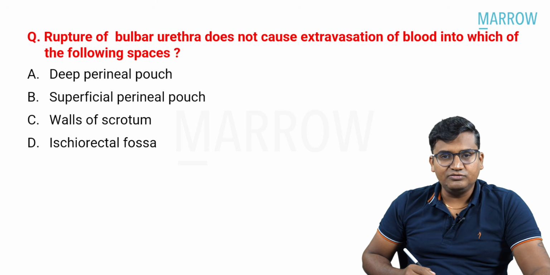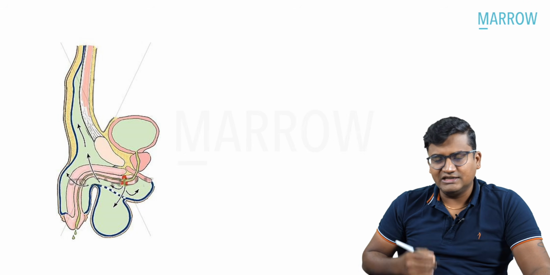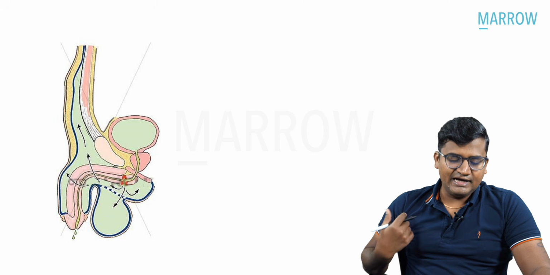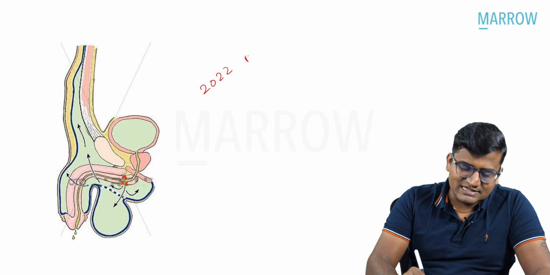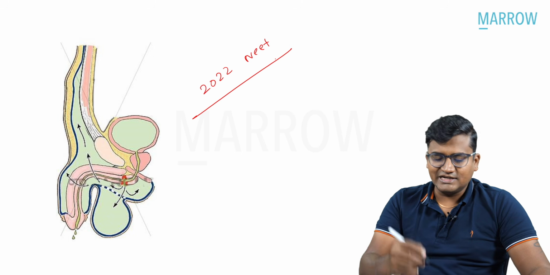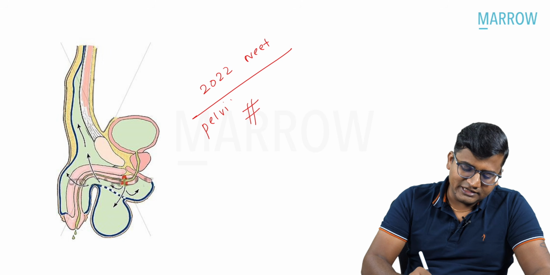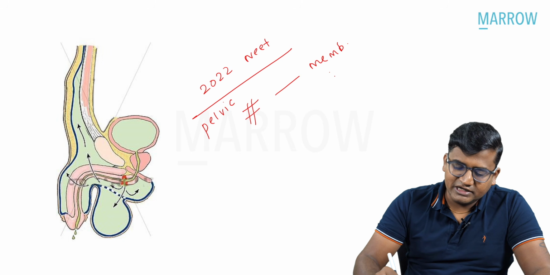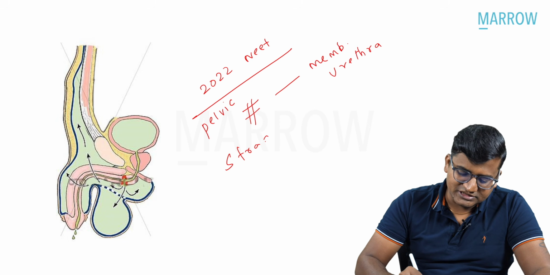Option D, scrotal fossa. Now this question, in the recent exams, in the FMG exam, in the INI-CET exam, in the NEET exam, we are getting again and again. In the 2022 NEET exam, they gave a question about a patient with pelvic fracture. I told you already, in the case of pelvic fracture, there is rupture of the membranous urethra. In the case of straddle injuries,